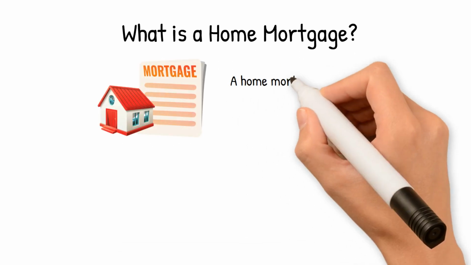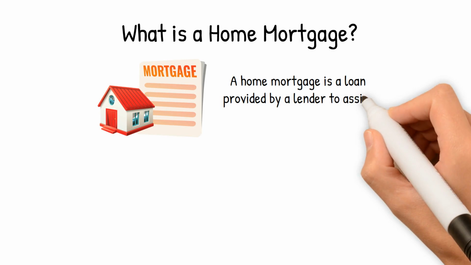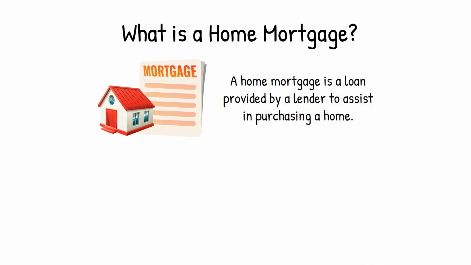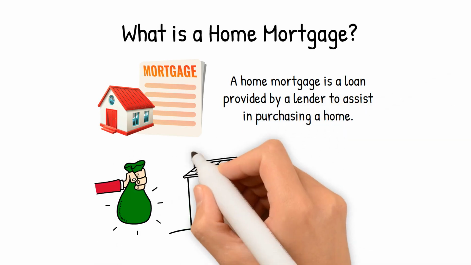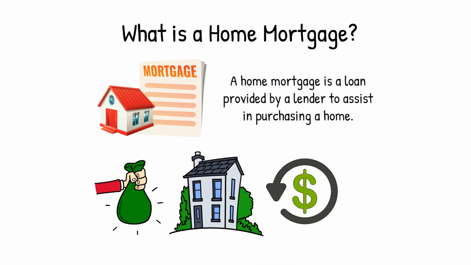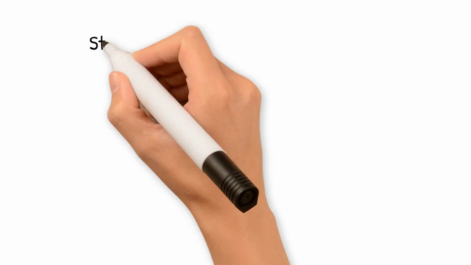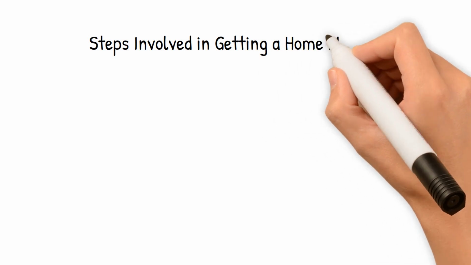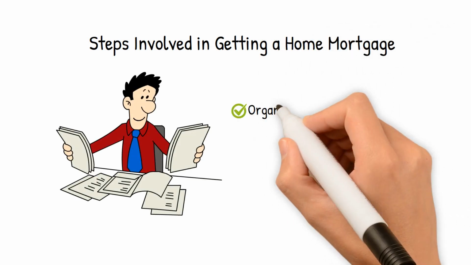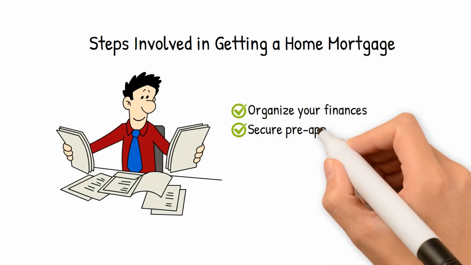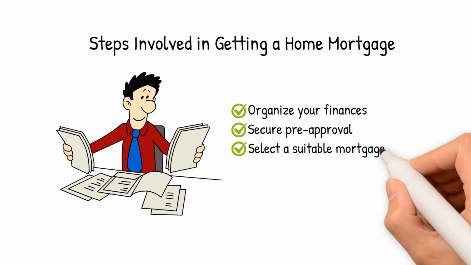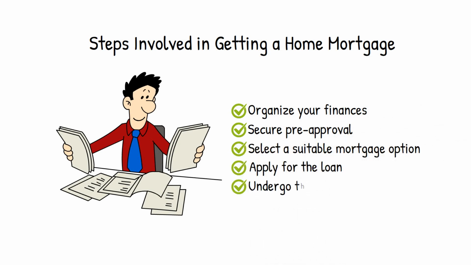A home mortgage is a loan provided by a lender to assist in purchasing a home. It enables you to borrow funds for the property's purchase and repay it over time, usually with interest. Obtaining a home mortgage encompasses various stages. You'll need to organize your finances, secure pre-approval, select a suitable mortgage option, apply for a loan, and undergo the